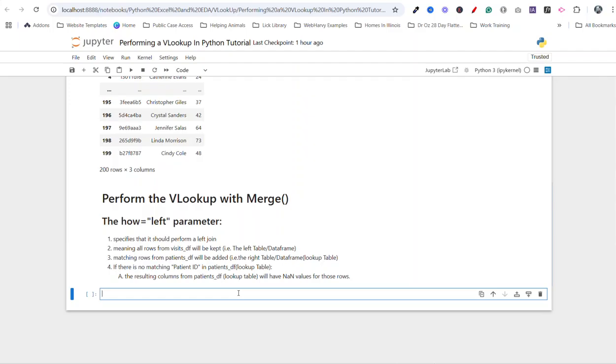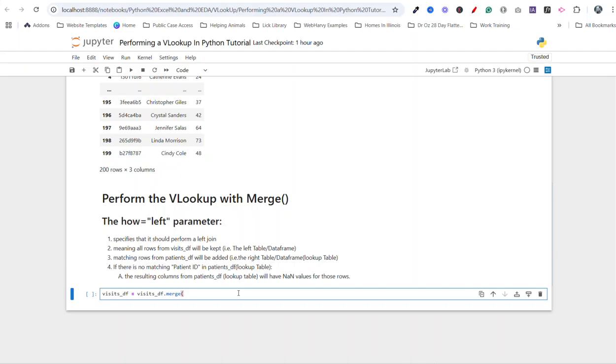So we're basically in memory going to overwrite the visits data frame equal to, now this is the syntax, you want to use the main table underscore data frame dot merge